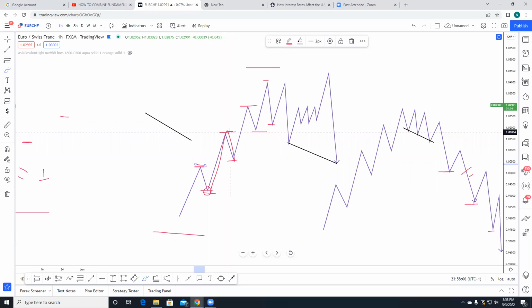Okay. So in that case, having had this basic background, what do we mean by impulse? When we say impulse, what is impulse? Impulse is the fast and sharp movement of price in the direction of the major trend. When I say a fast and sharp movement of price in the direction of the major trend, if you are